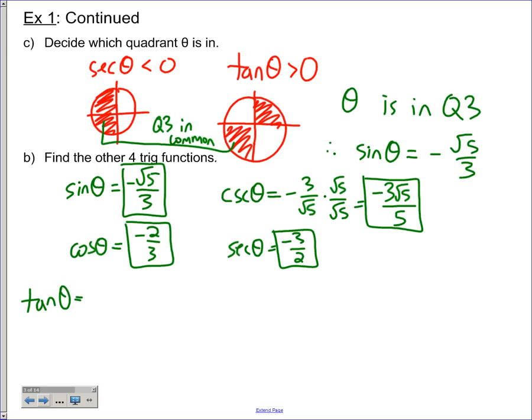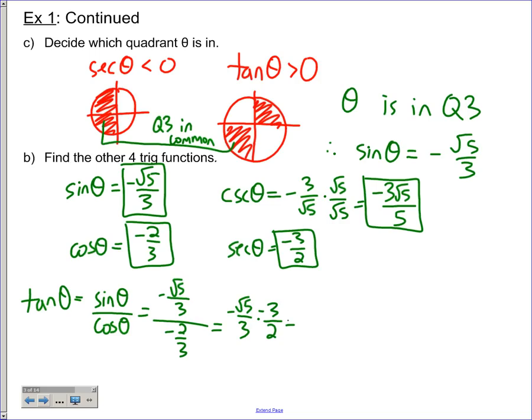Tangent of theta is equal to sine of theta over cosine of theta, which in this case would equal -√5/3 all over -2/3. And we're dividing by a fraction, which means we can multiply by the reciprocal, so -3/2. Our 3's cancel and our negatives cancel out, make a positive, so we're left with square root of 5 over 2